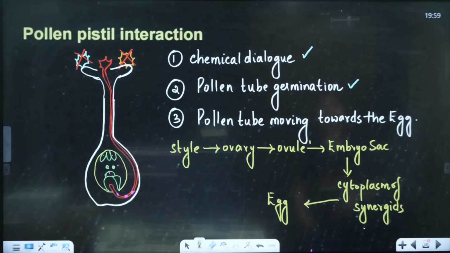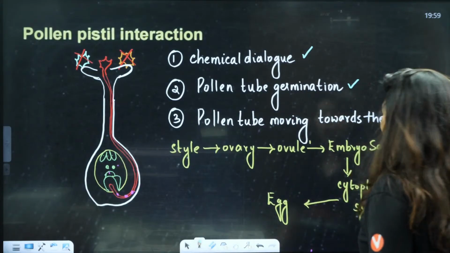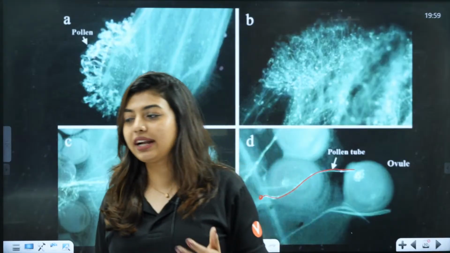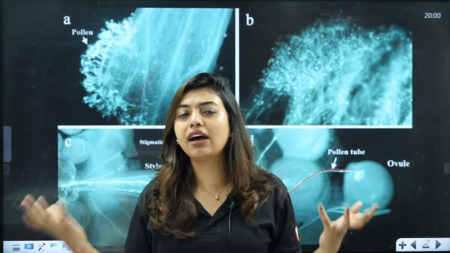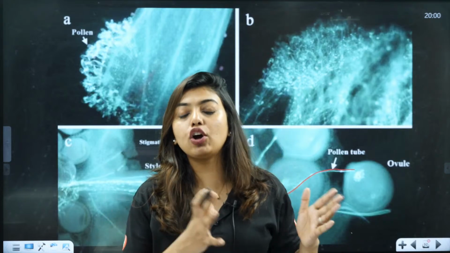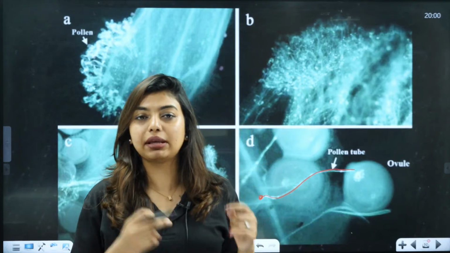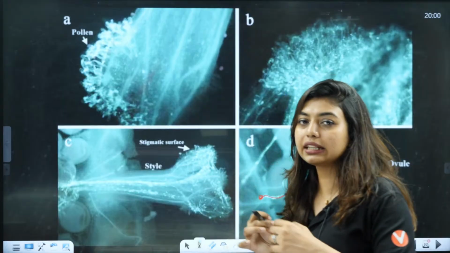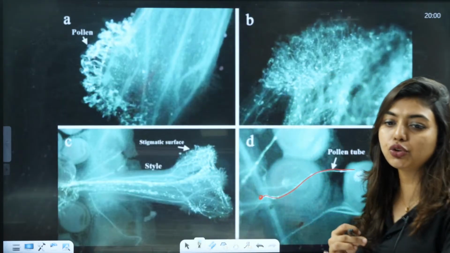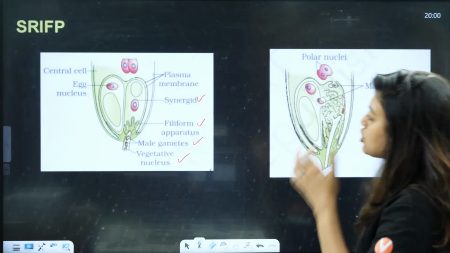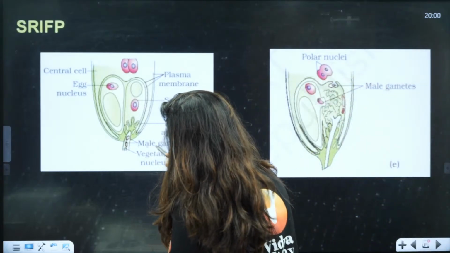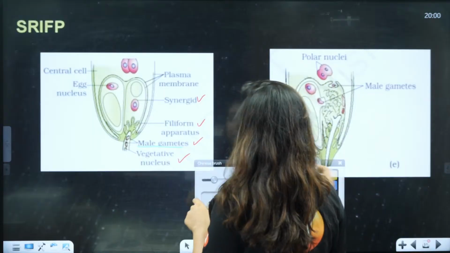So students, in our life also, when we want to choose a partner, we might get one doctor, engineer, businessman, or one person who doesn't have a proper job. Depending on what we want, we will reject or accept them. After accepting them, we will let them talk to our family and continue the process. The same way here also. So look here, you can see the male gamete. This is the NCERT diagram.